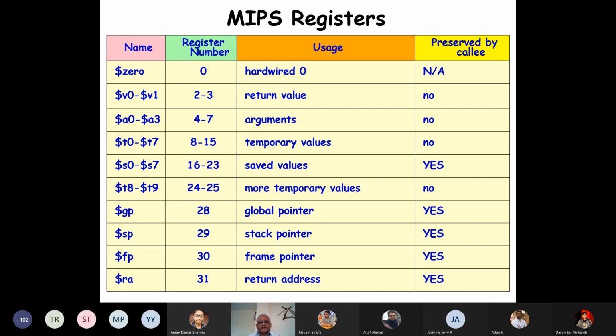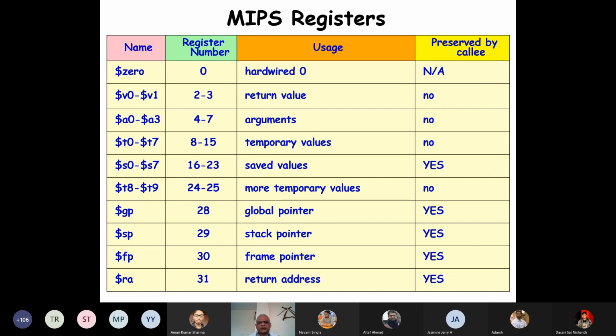Then the first question that comes to mind: why do we need this register? Is it useful? But we'll see that this is one of the most used registers. We need this 0. A register storing 0 has large use in almost every program. Even if it is a 3-line program, we will be using register 0. In another 1 or 2 slides, it will become clear why we need $0, register 0.